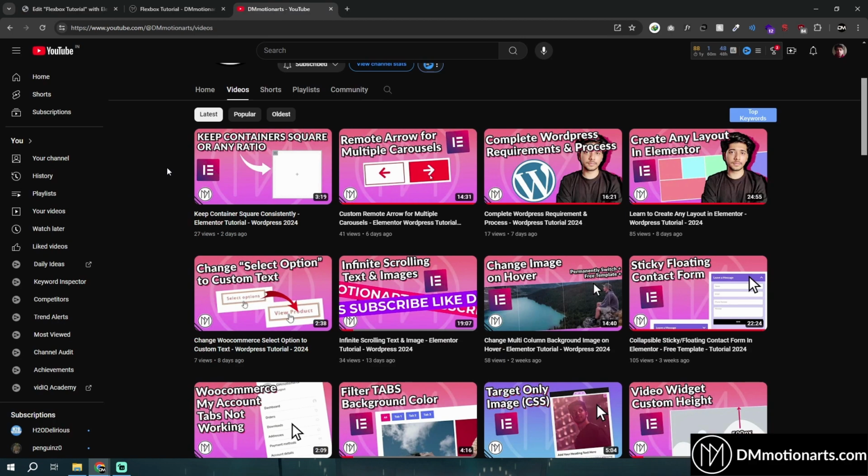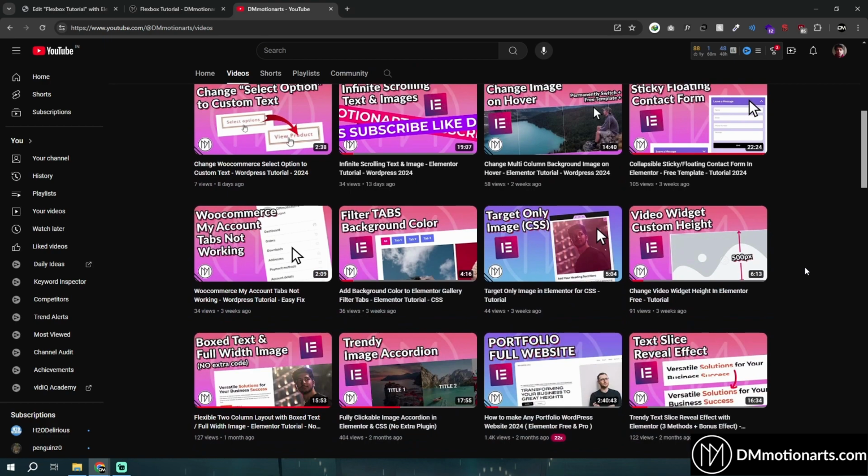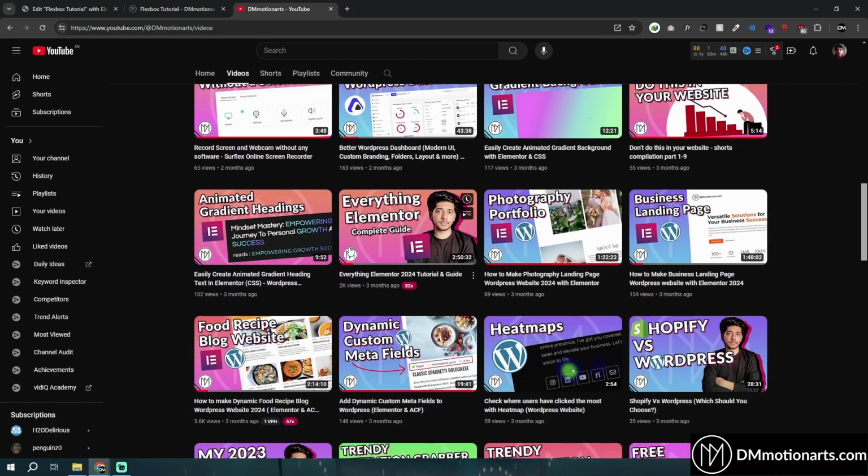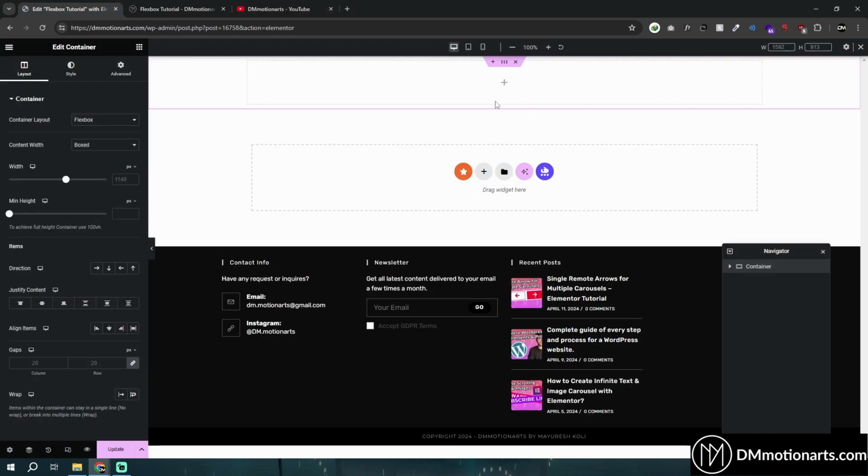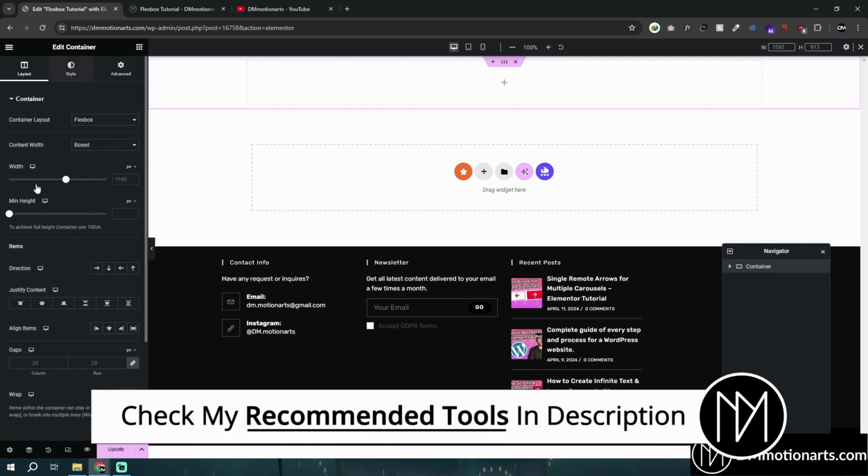So I have created lots of Elementor tutorials, like how you can make it square, how you can create any layouts, or also creating a tutorial which goes from everything in Elementor, which also goes on Flexbox tutorial, but I never created a standalone video. So here we are, and I'll go on the Flexbox containers by top to bottom like this, and I'm going